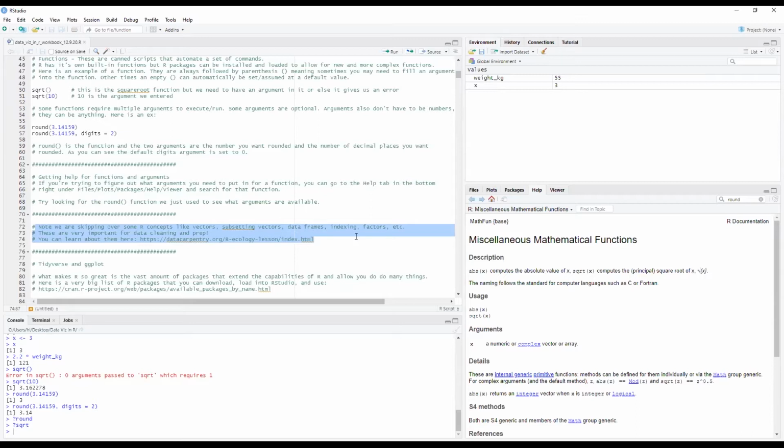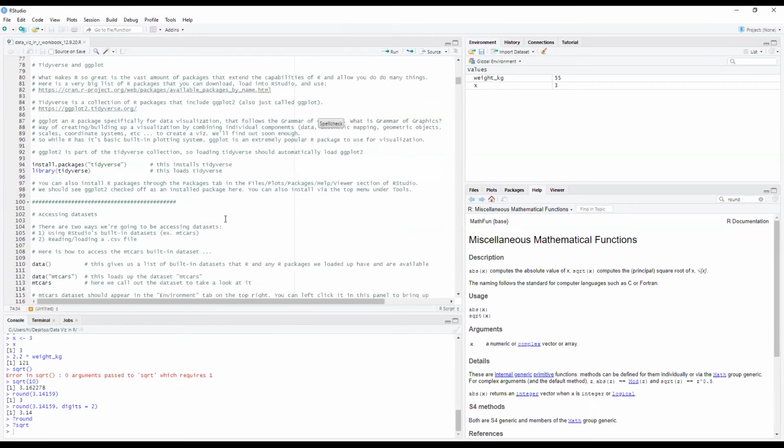You can learn about all these things, and a lot of this particular workshop is based off of this data carpentry workshop. So if you want to learn a little bit more about the prep work that you need to do, and the foundational ideas that you need to know to manipulate your data and clean it up and do things to it to prep it for your visualization, this is the link to go to.